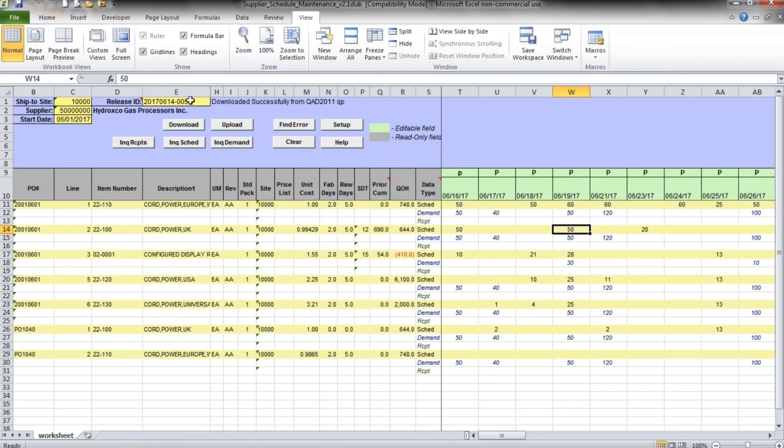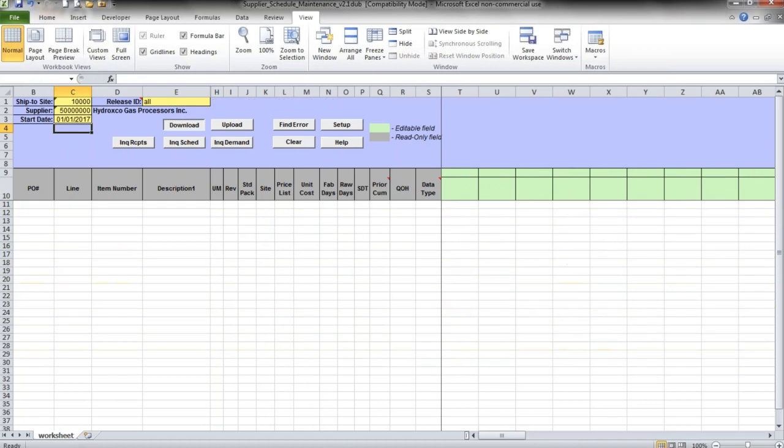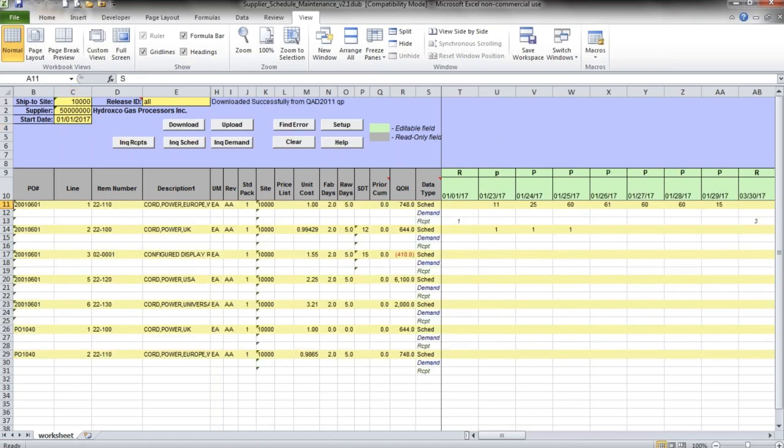With this data loader, I can also look at schedule history and compare it with receipts to see if my suppliers were delivering according to the schedule. So let me modify the selection criteria. I will say that I want to see all release IDs, and I put the start date back to the beginning of the year. So I don't have much data here, but you will get the idea. I'll click on download, and here is historically what